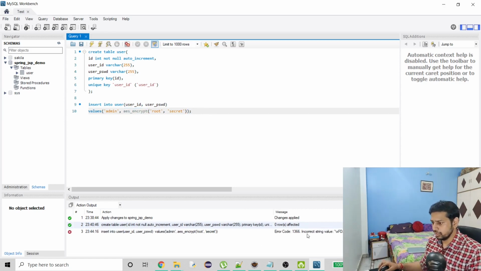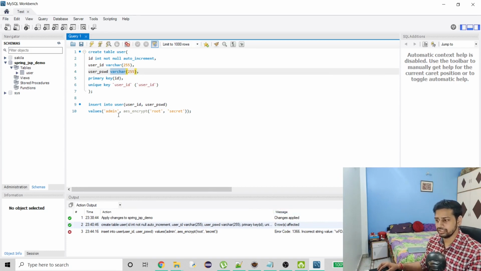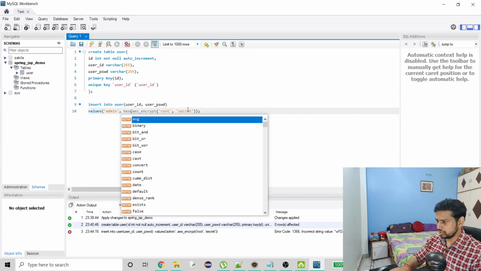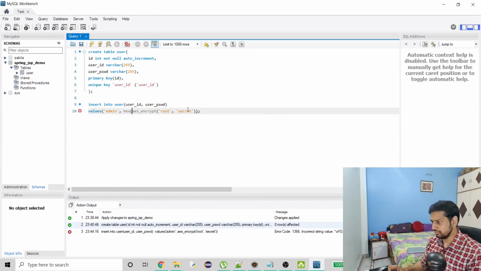I don't know what's the issue, but you see here: incorrect string value. What's happening is AES encrypt and AES decrypt don't give us string values, rather they give us bytes. Bytes cannot be stored as a string, so MySQL is creating an issue here. That's why we use hex, just to cast our value.